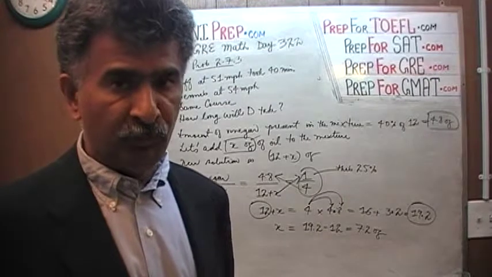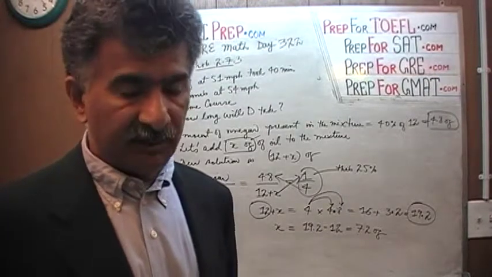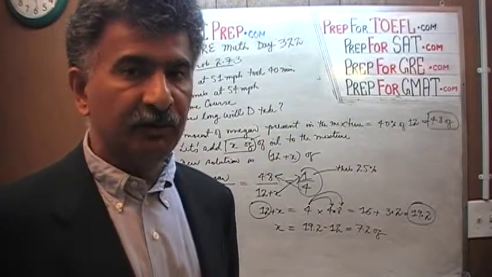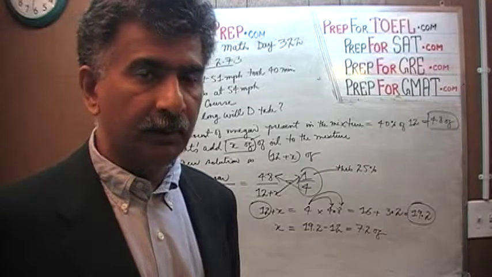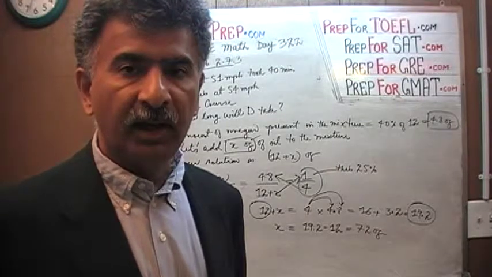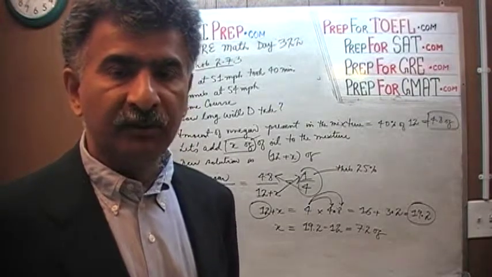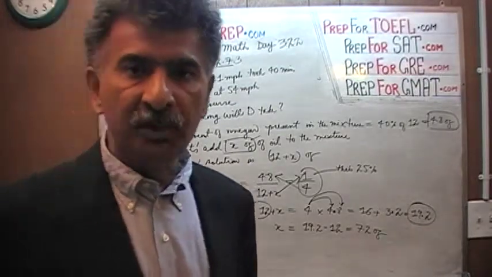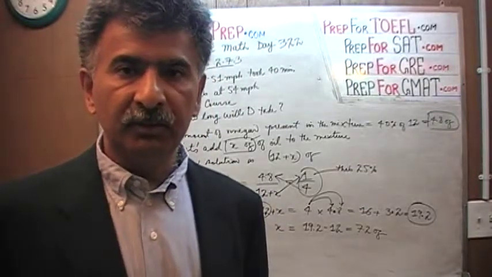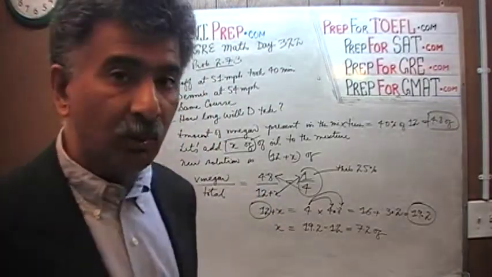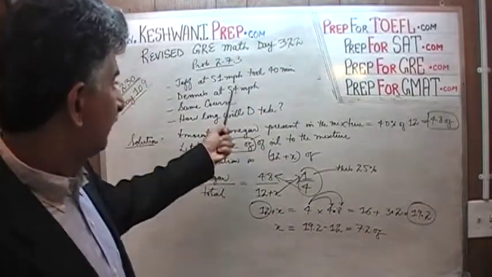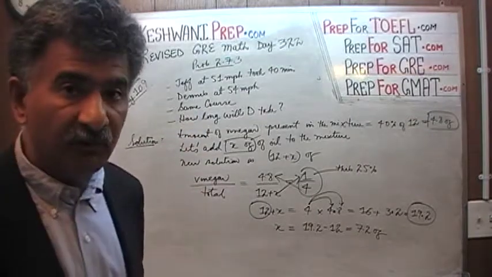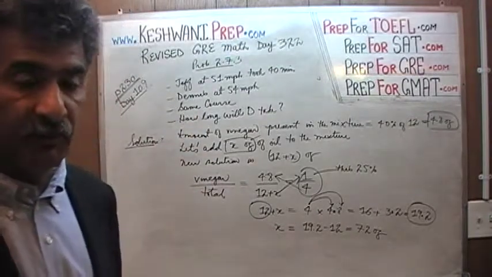Those answer choices are for those people who are solving this problem in a classical way, but they end up making some very predictable mistake, and the mistake is of such a nature that they get so bogged down in their work that they don't pause to ask themselves, does this answer make any sense? They will probably tell you that the guy is going to take 42 minutes or 45 minutes, and it never occurs to them that the second guy couldn't possibly take longer than the first guy, because we are told that the second guy is going faster. He's going at 54 miles an hour. First guy was going only 51 miles an hour. So I don't know what the answer is, but whatever it is, it's got to be less than